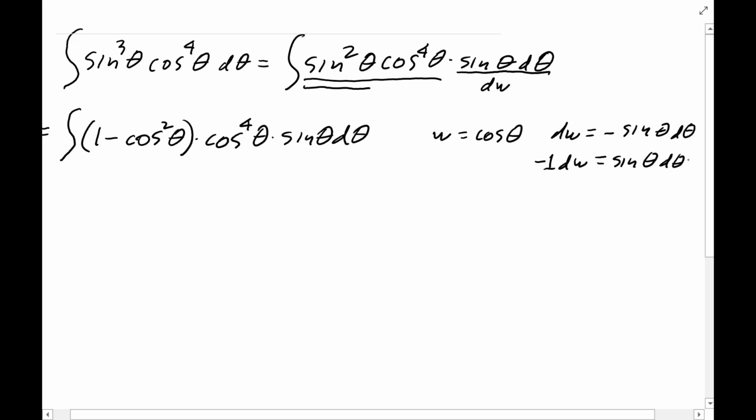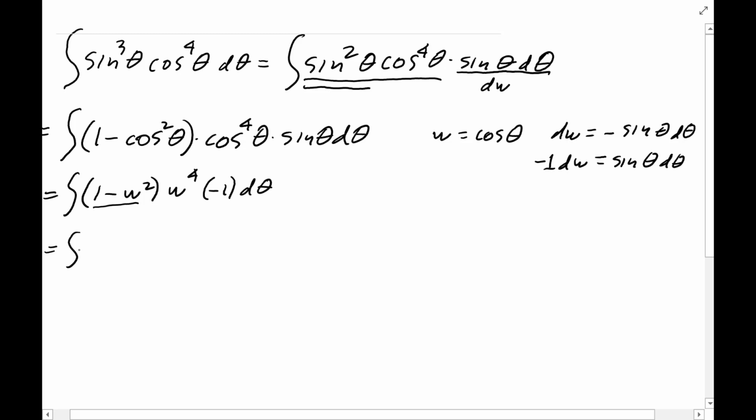Okay, now we can go ahead with our substitution. This 1 minus cosine squared becomes 1 minus w squared. Cosine to the fourth becomes w to the fourth. The sine theta d theta becomes negative 1 dw. And if you distribute that negative 1 and the w to the fourth through this parentheses,